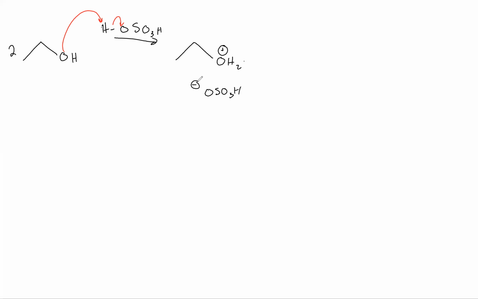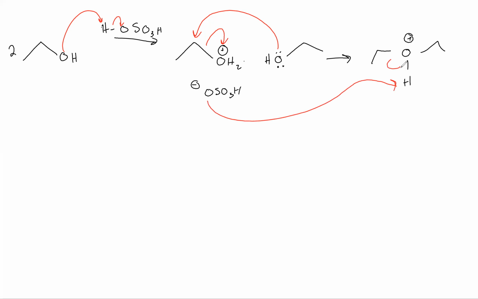And then this will go along and it will react with the other alcohol, which will go in, replace the OH2 on the carbon, and we end up with something that looks like this, which then is deprotonated by that OSO3, and we end up